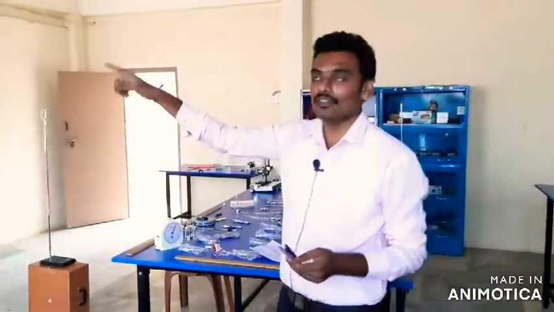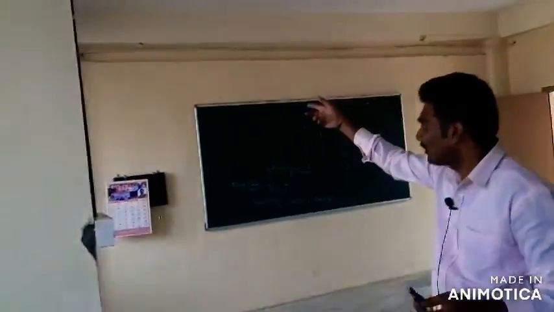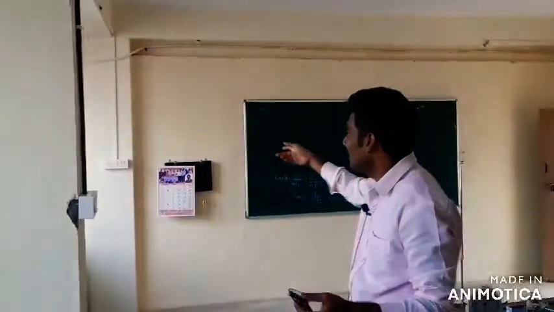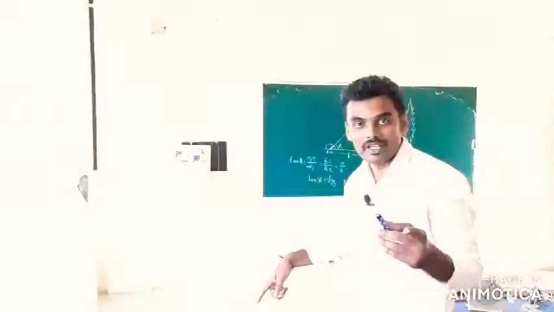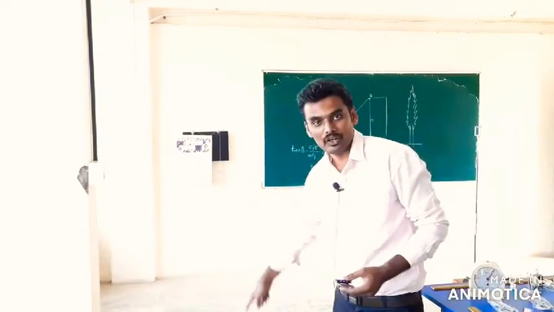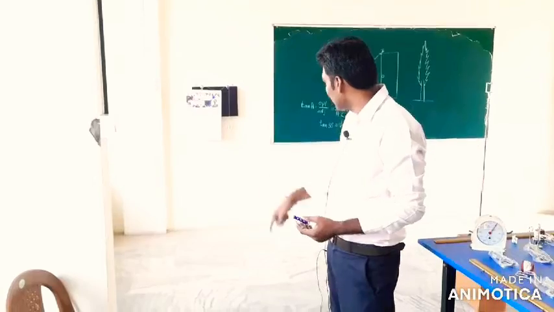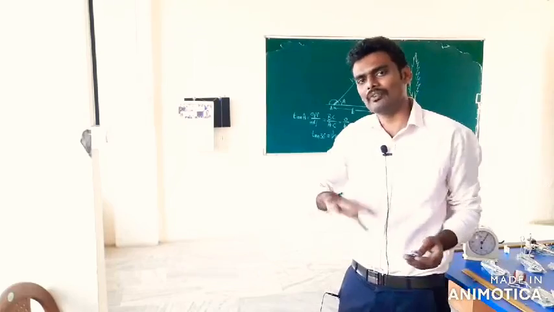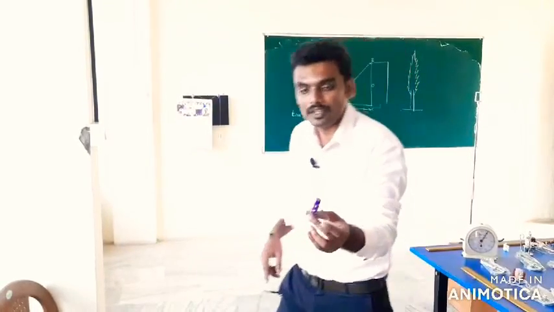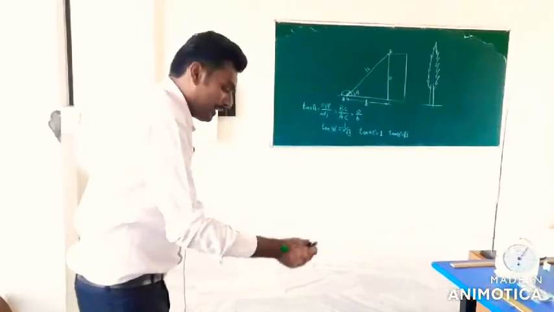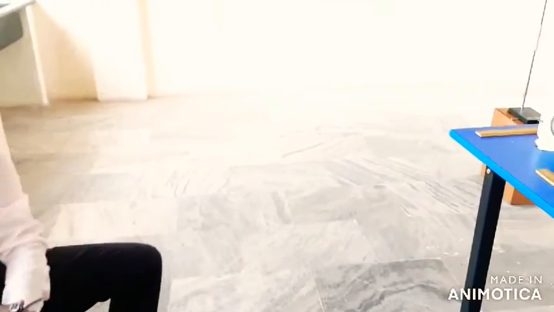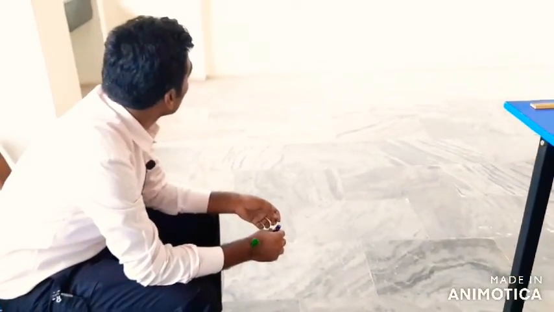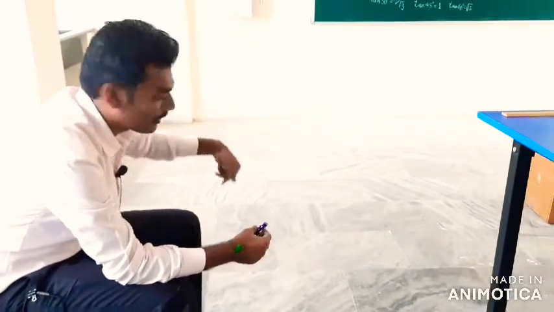Clear with that? Okay, now we are going to measure the height of this wall, which we don't know now. We will measure it, not by actually measuring the wall, but by measuring this horizontal distance. We will take the horizontal distance and the angle made to get the height of the wall, and again we will verify it. Okay, let us do the experiment now. Now, as you can see, I am going to place this protractor here onto the ground, and we are going to take the measurement of angle and the horizontal distance.